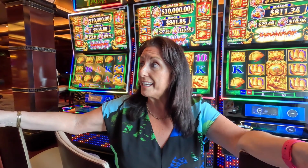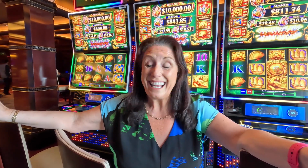I'm just looking at the roulette here. These are right down the middle. It's not busy, but it's certainly got a crowd here today, and this is only about 2 o'clock in the afternoon. If you're not confused enough by trying to find the right bars in the right decks,